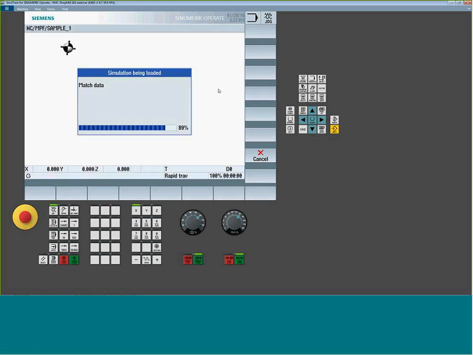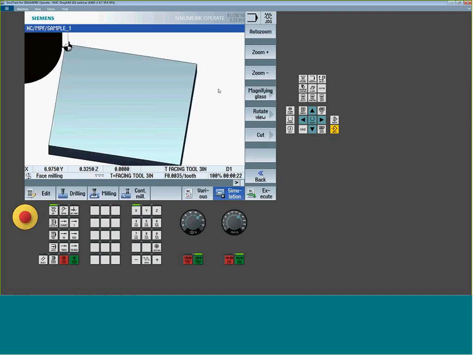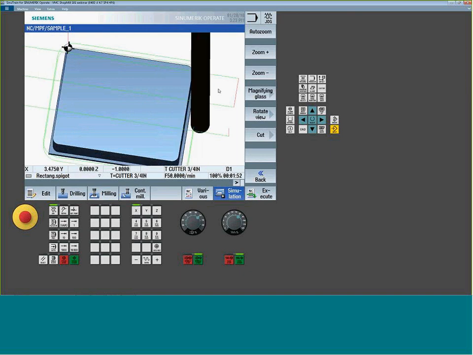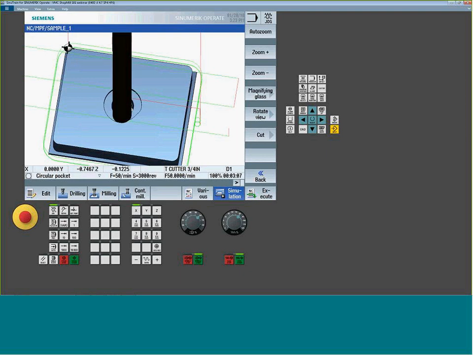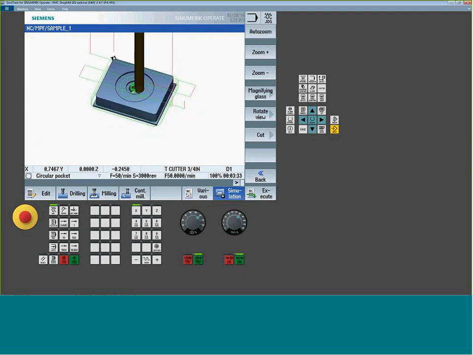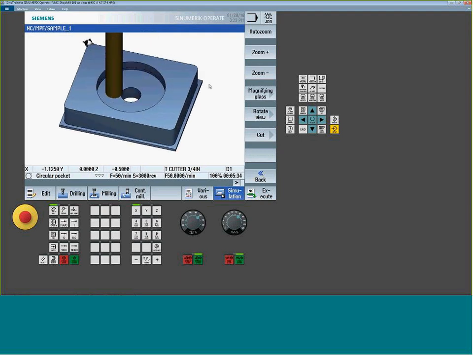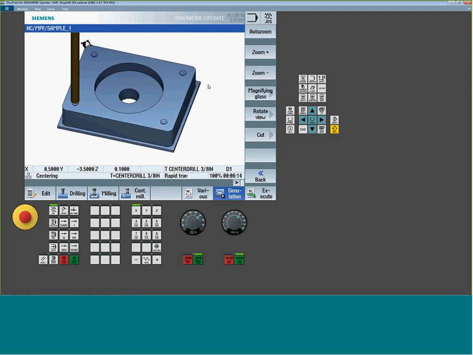Simulate, and we should now have a complete part. So I'll just do a quick auto zoom. Maybe we'll take the path off at this point. I'm going to go back to zoom, center it, and now we'll